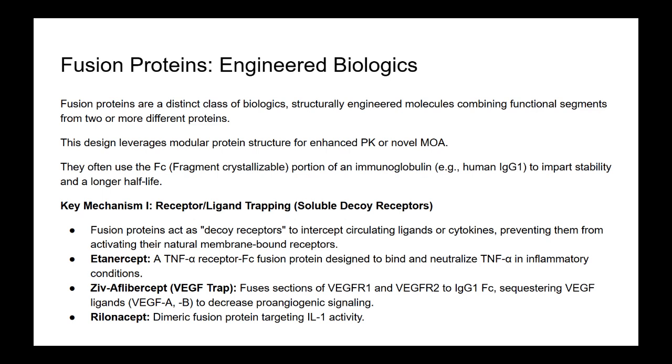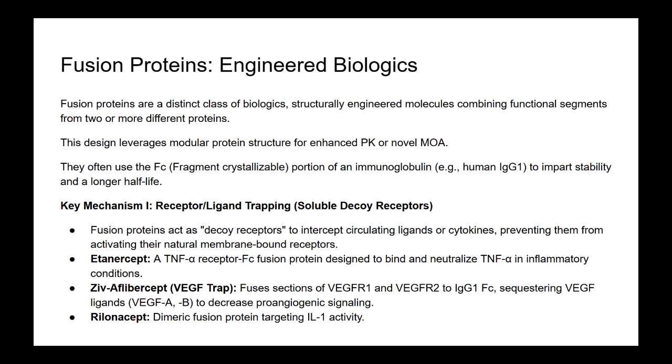How do these fusion proteins typically work? What are their mechanisms? Broadly, they function in a couple of main ways. One major mechanism is to act as soluble decoy receptors. They essentially serve as molecular traps for circulating ligands or cytokines. Give us an example. Etanercept is the definitive classic example here, used widely for inflammatory diseases like rheumatoid arthritis. It consists of the extracellular ligand-binding domain of the human TNF-alpha receptor fused to the Fc region of human IgG1. So this engineered protein floats around in the circulation and acts like a massive sponge, binding up and neutralizing the pro-inflammatory cytokine TNF-alpha before it can bind to its real receptors on cells and cause inflammation.